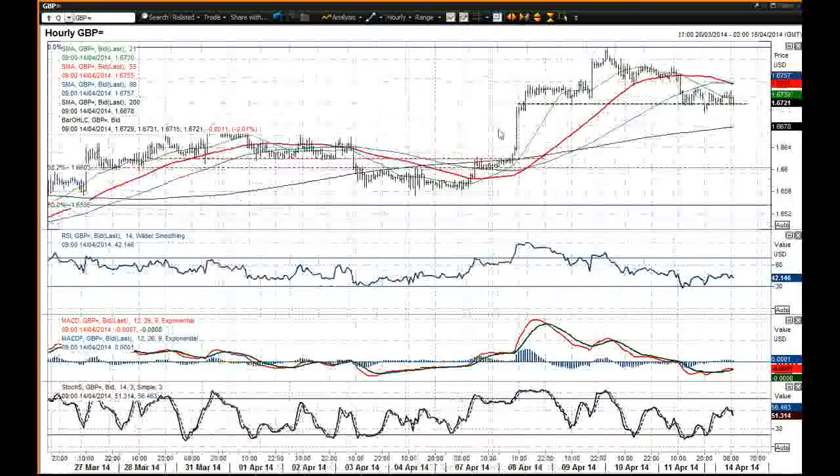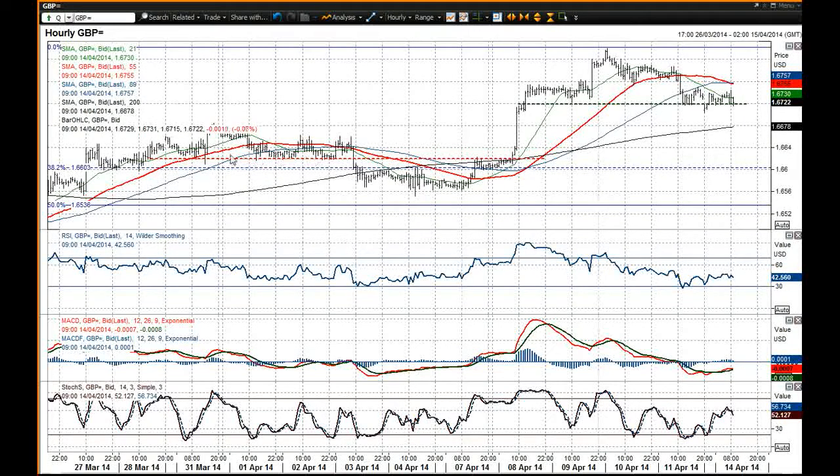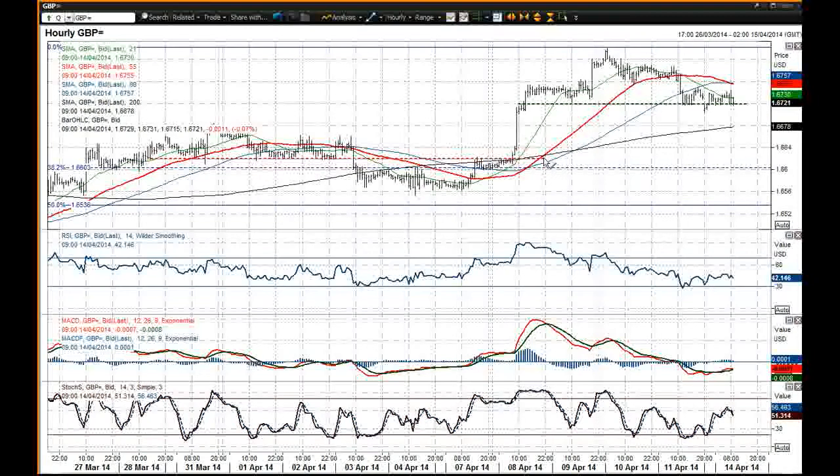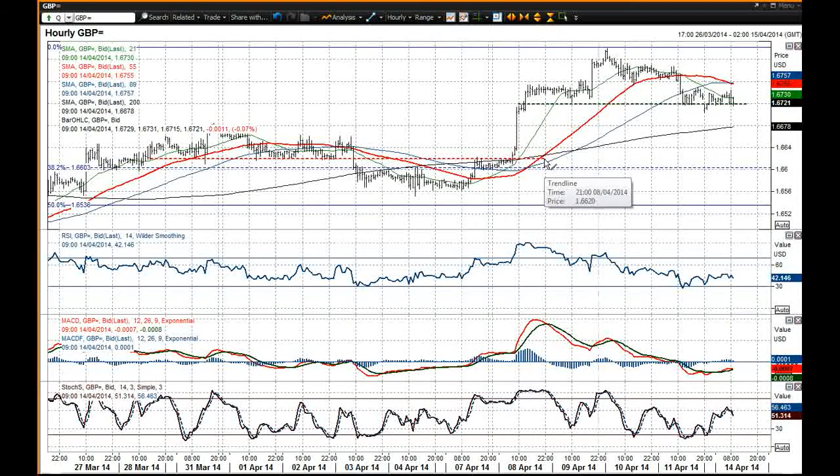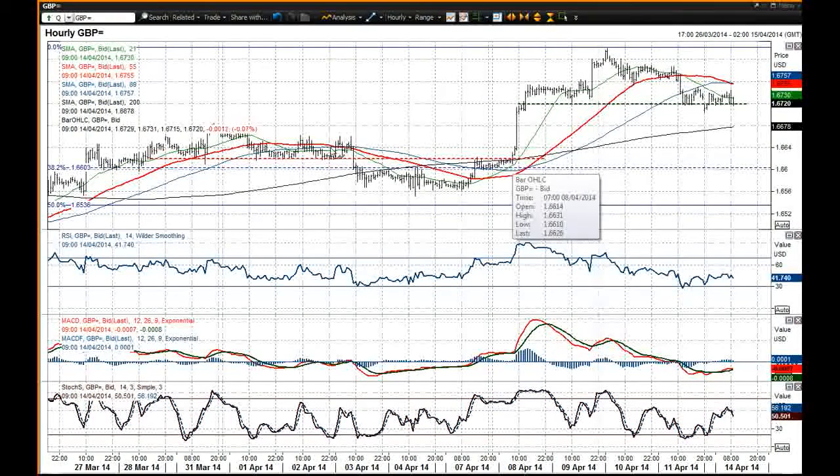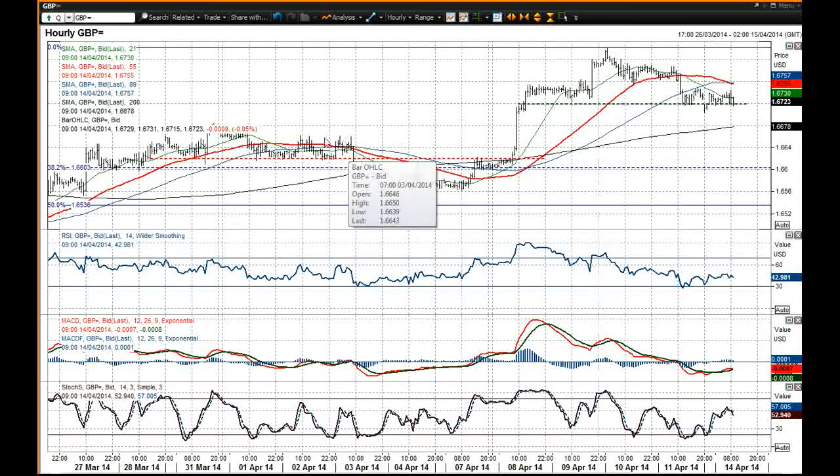If I zoom back out again, I think you're coming back towards probably this neckline area around the 66.20 mark, which was a fairly strong band of support anyway. So I think that would be where you'd be coming back towards in the event of this top pattern being